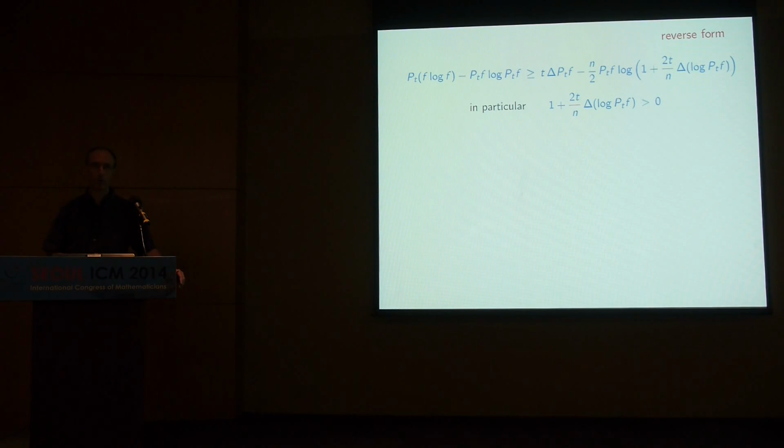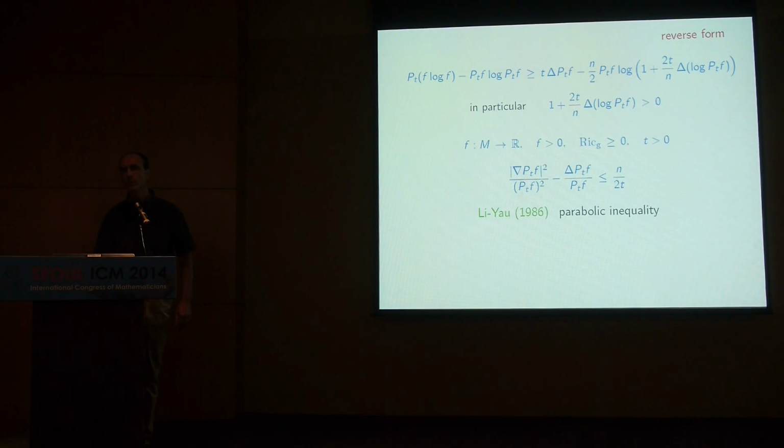What is inside the log should be positive. And here you actually recognize a very famous inequality, which is the Li-Yau parabolic inequality. Just use the chain rule formula to develop delta of the log, and what you get is this. For any smooth positive function on a manifold with non-negative Ricci curvature, and n strictly positive, you have this inequality, which is this very famous Li-Yau parabolic inequality, which was proved